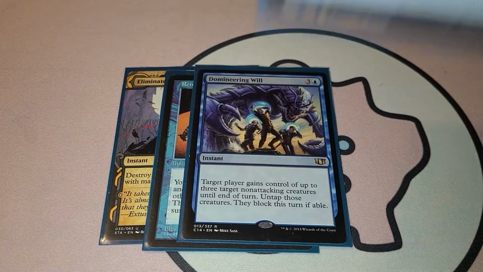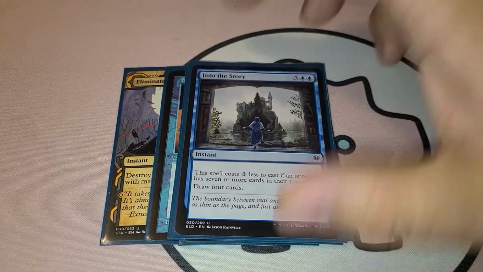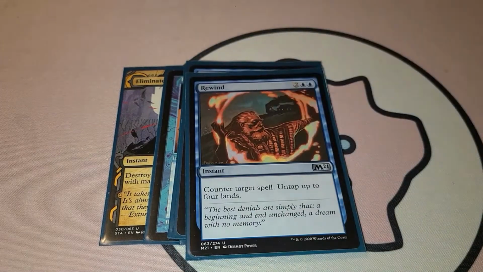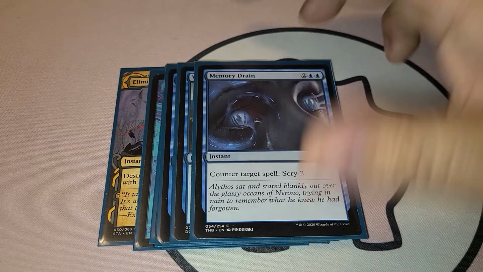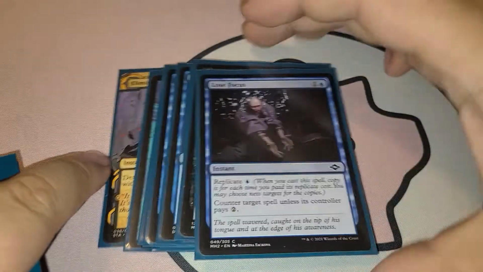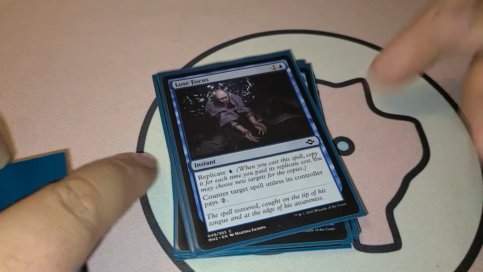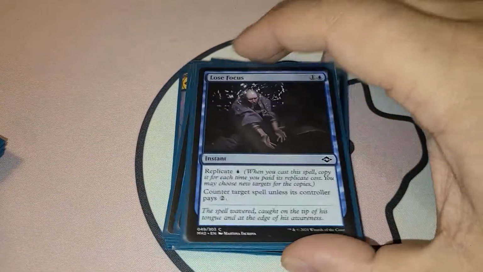Instants, we have Eliminate, Reigns of Power, probably a really great blue card in here. Domineering Will, Deliberate, Dehada's Ploy, Into the Story, Rewind, Wizard's Retort, Memory Drain, Village Rites, Lose Focus. Probably the best counterspell in the deck. I don't know why